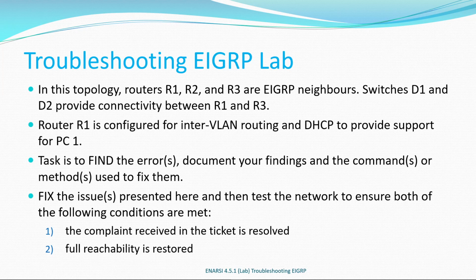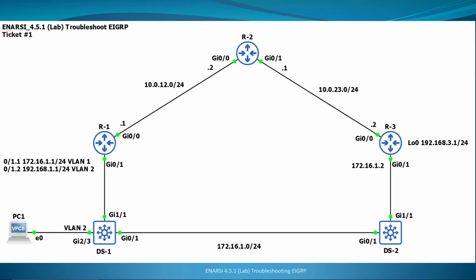Now, they are resolved when the complaint in the ticket has been resolved and we have regained full connectivity within the network. So this is the basic topology that was in the lab. As you can see, we have our three routers interconnected via the 2 switches. We've got PC1 hanging over to the side,